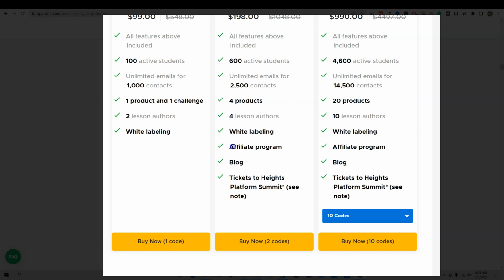Oh, and this is another really cool thing. They have an affiliate program. If you go with the double, that's also a really good reason to get double or higher, because it will have the affiliate program built in. So you start getting a lot of buzz about your course, and then you have followers who say, hey, I've got an audience. I want to recommend your course because it's so good to my subscribers as well. Do you have an affiliate program? And this is awesome. They actually have an affiliate program built in, so you can set up affiliates and the commissions and all that.